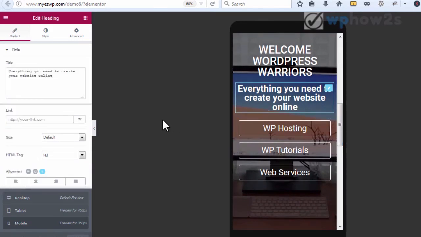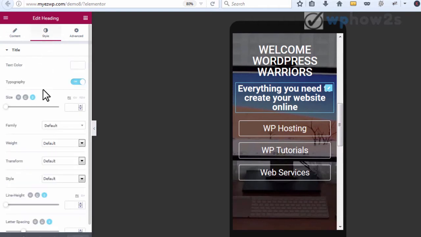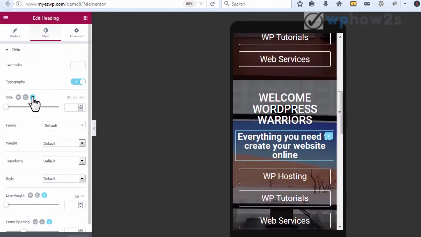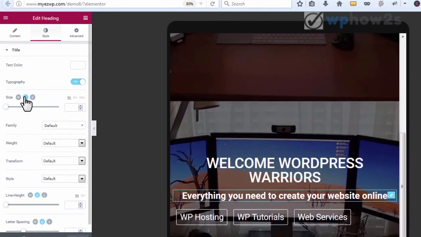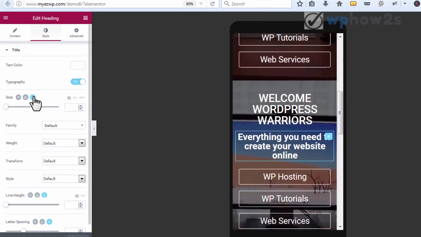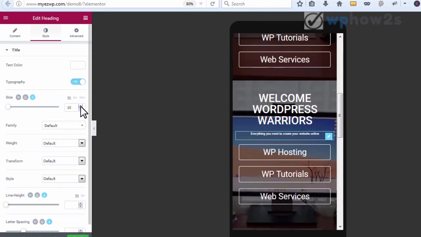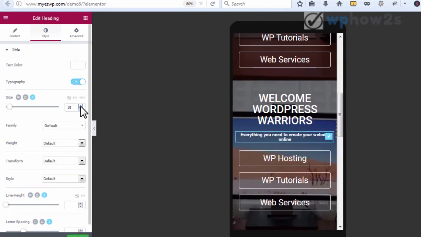Click on this headline right here. Click on Style. So right now we're only editing the mobile view. Whatever changes we make are only going to be affecting the mobile view of this secondary headline right here, which is surrounded with the light blue lines. Same with the tablet view. We could change that just for the tablet view, but we're going to edit the mobile view. Typography, we're going to change the size to make it a little smaller, not take up quite so much space,